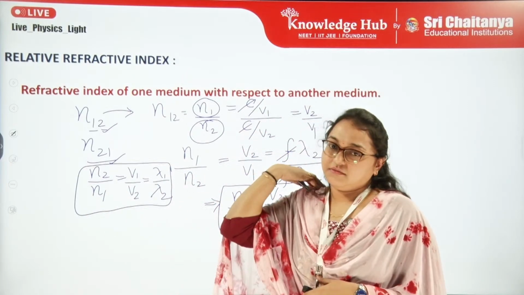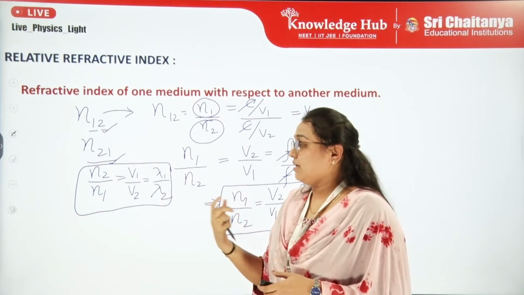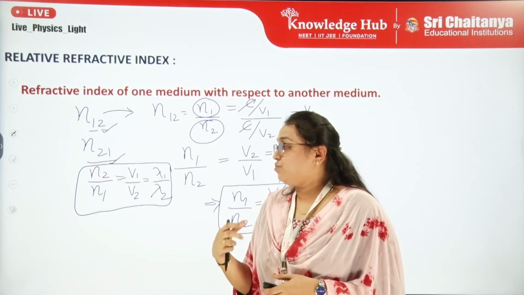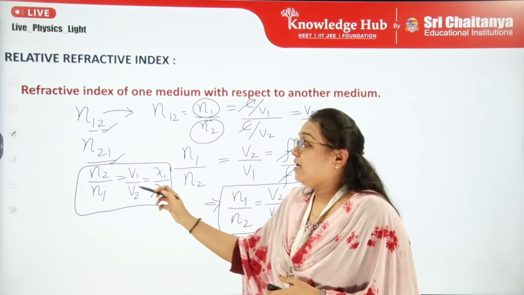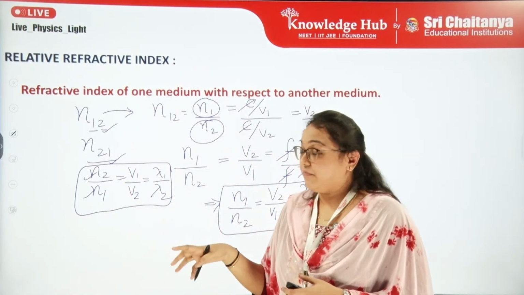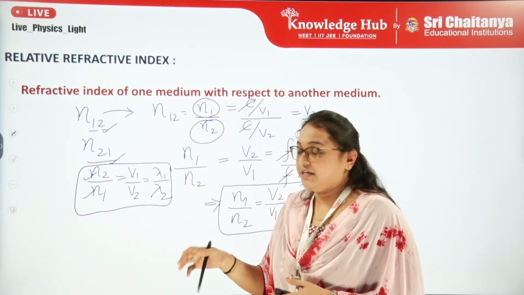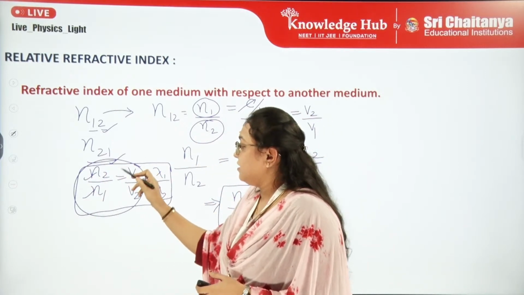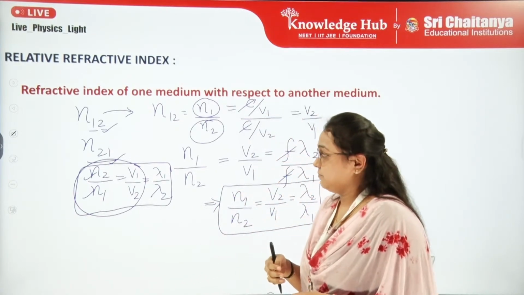So in numericals, based on this concept, you may have numericals where they will involve the refractive indices of two media, and they will ask us to compare the speeds of light in these two media. So please be very clear that in the numericals they may give the values of refractive indices of two different media, and they'll ask us to find or compare the speeds of light in these two media. So based on this relationship, we can determine the speed of light. We can compare the speeds of light in two different media.